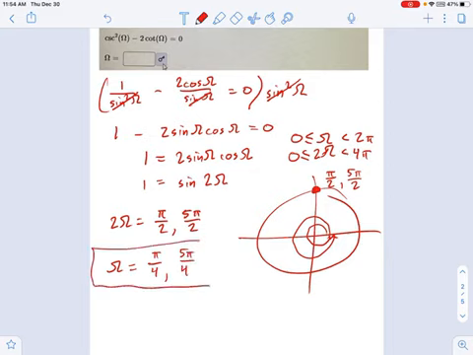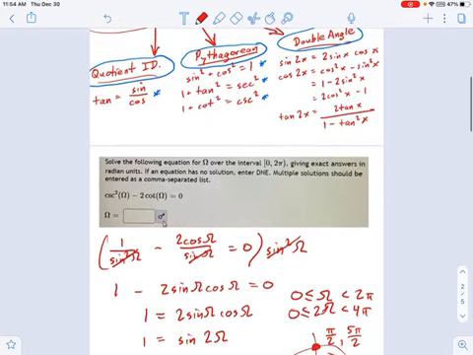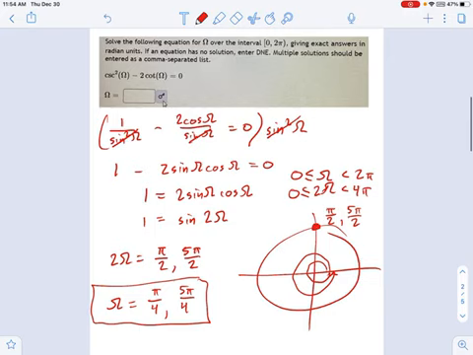Those are our solutions. You would have gotten the exact same thing if you had used the Pythagorean identity for cottage cheese up here at the beginning. This is just an alternate way to solve it. You don't always have a choice. Sometimes you will be kind of forced into using a double angle identity. This is just showing you when it's optional.